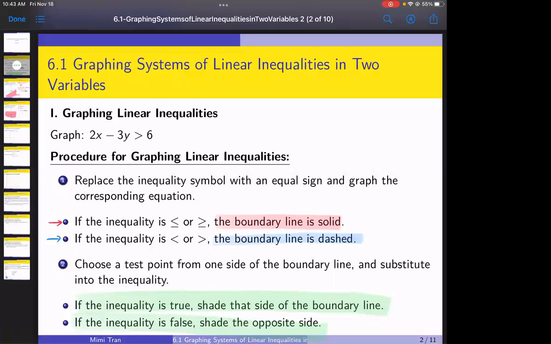How do we graph this? Here's the algorithm. First, you let the inequality become the equation, right? You let it be equal to the right hand side, and then you construct the line. You know how to do that. Either you do rise over run, or you pick just a point for x and y. You need 2 points to graph a line, and then the next step will be,